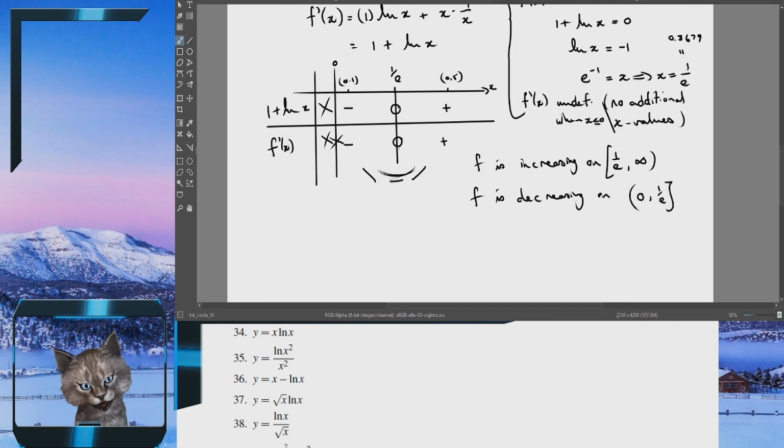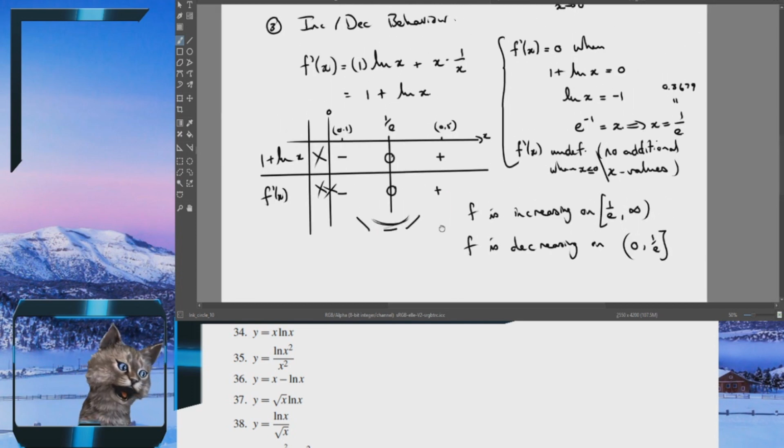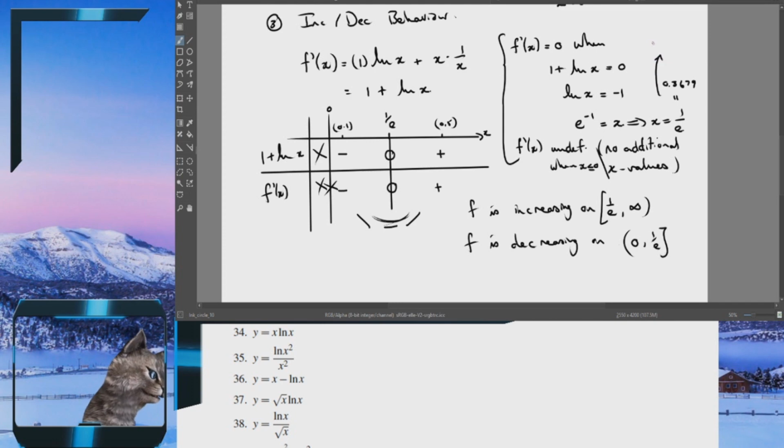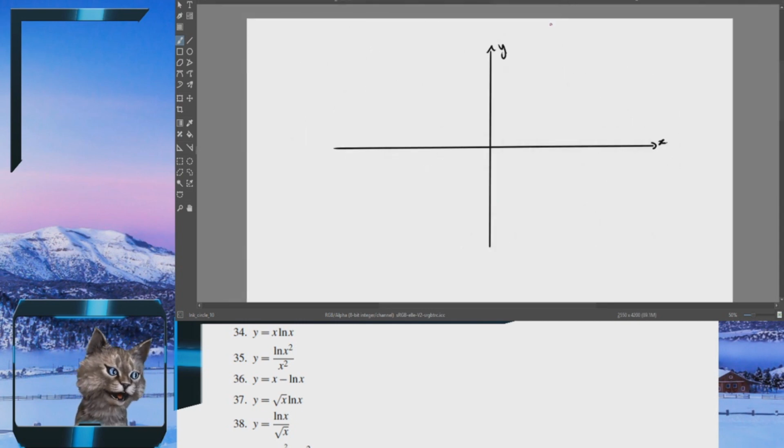And I can't include 0 either because of the log. So maybe that helps a little bit. Is this a critical point? Yes, it is. Because it comes out of my check and there's a point. There is a function value. So finally I have something to put in my graph. I have something interesting happening at 0 in that there's only a graph past that. I am finding something at 1 over e, and that something is,